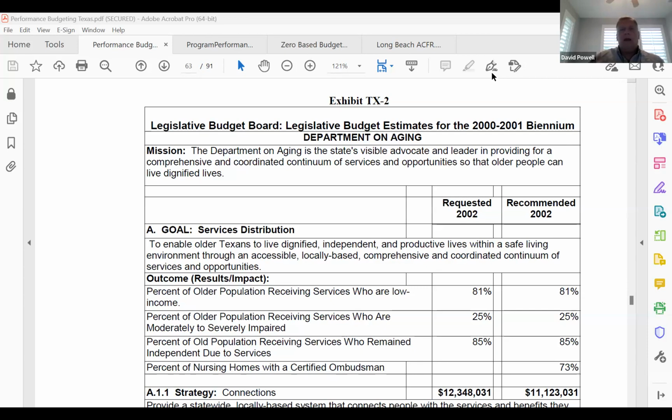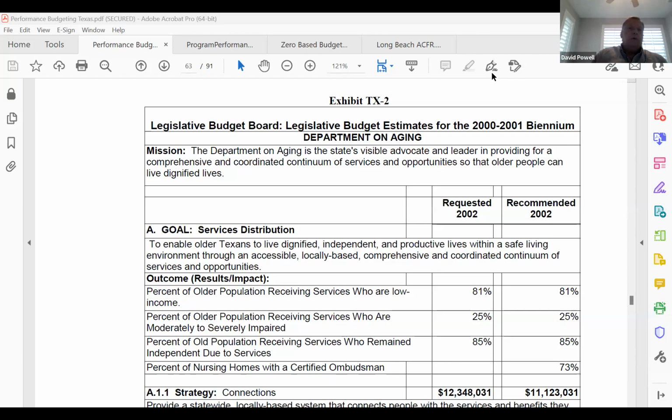We won't spend a lot of time going through the annual comprehensive financial report because we just really don't have the time in this class to do that. But I think that the video I've provided for you will walk you through a really nice, easy way how you can go through all the different sections of that financial report and get the information that you need. What you'll see is after tonight,